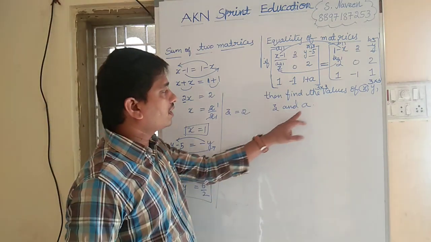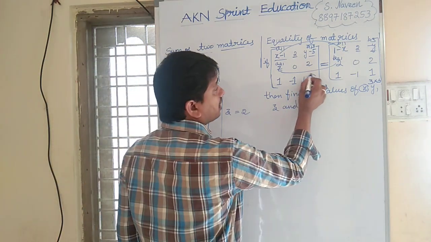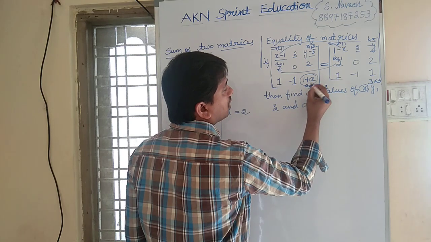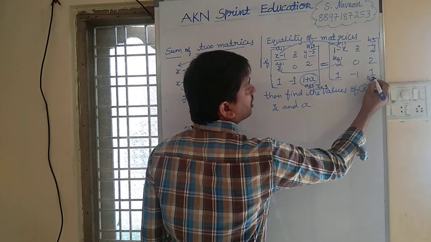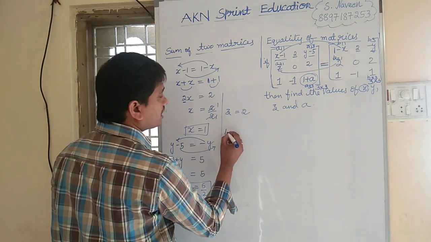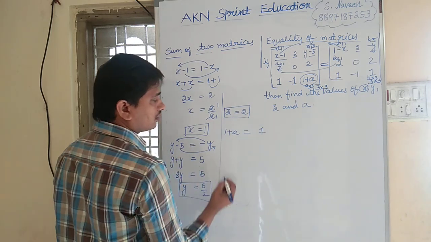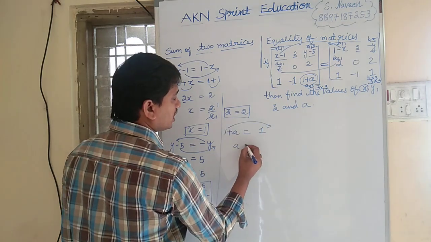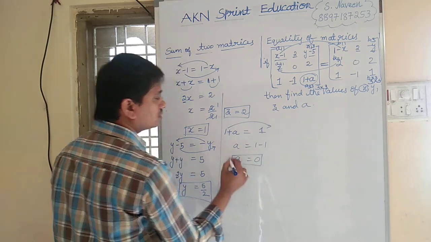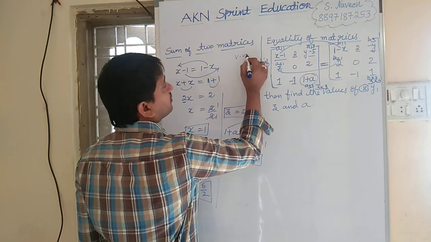Now coming to how to find the value of a. Where is a? This is the element 1 plus a, which is in the third row, third column, and this element is in the third row, third column. So we need to equate those elements, that is 1 plus a is equal to 1. 1 we transpose, so a equal to 1 minus 1, that is equal to 0. So this is a very important question. They will ask 2 more questions.